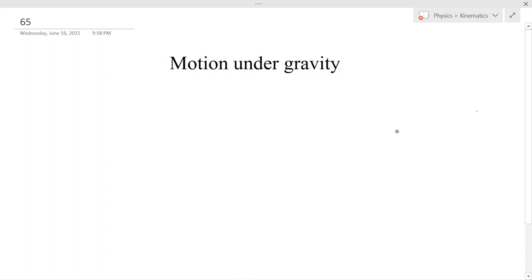In this session, we will talk about motion under gravity. From our daily experiences, we can say that if we leave some body mid-air, then it will eventually come down towards the ground. So we say the body has fallen. Let's say we drop it from some height h. Now this downward motion is uniformly accelerated motion, and the acceleration is equal to,